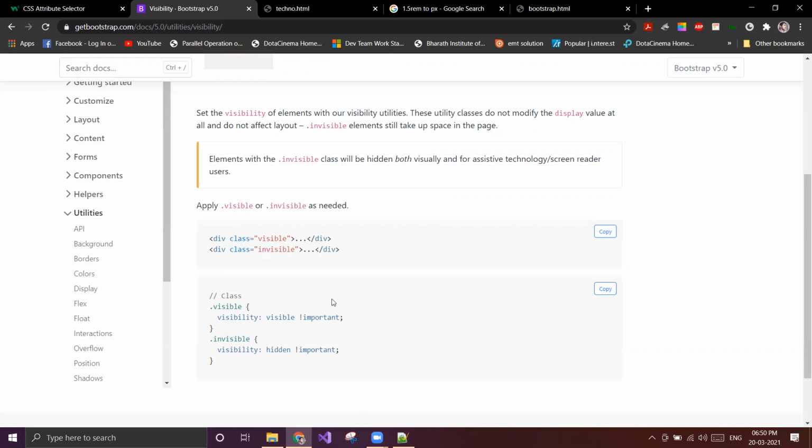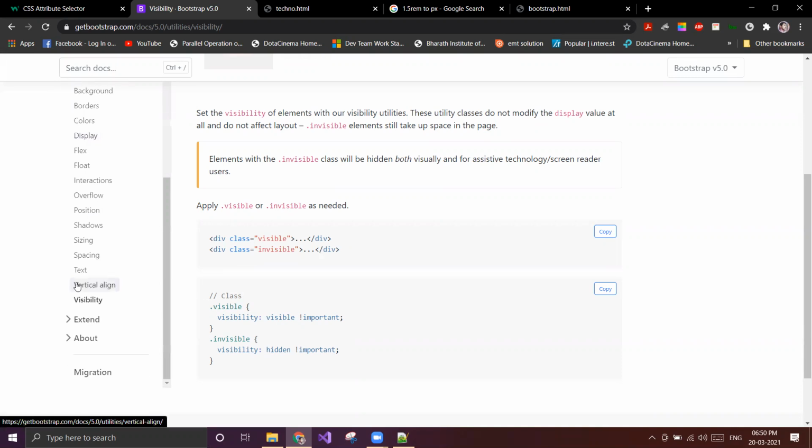So this is all about Bootstrap utilities. These are the things that we need for every basic style. Components we will see later on. First, we have to apply these things, then only we will come to know how they are working.